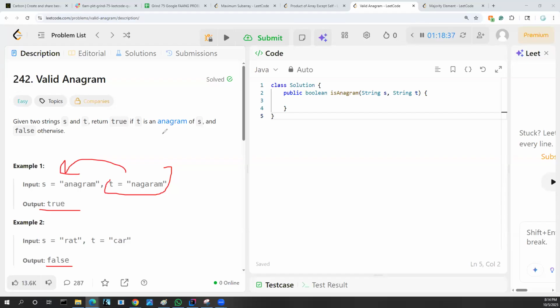For example, if it exists in the string T, we can subtract one from the string S's count, and in this way